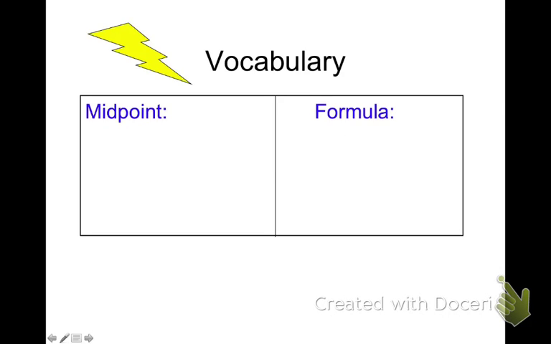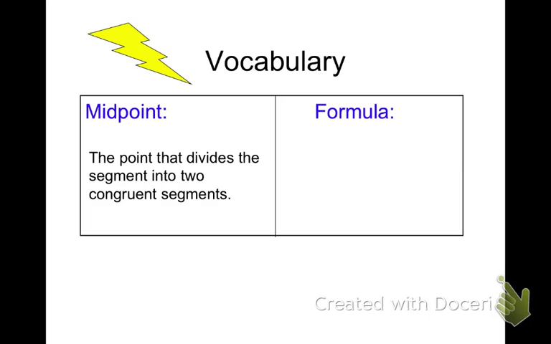So, for our definition of a midpoint, what do you think a midpoint would be if you had to define it? A point that lies in the middle of a, not a line. Why can't we have a midpoint of a line? Because it goes on and on forever. So it has to be a midpoint of a segment. Good. All right, so please write down in your notes that the midpoint is the point